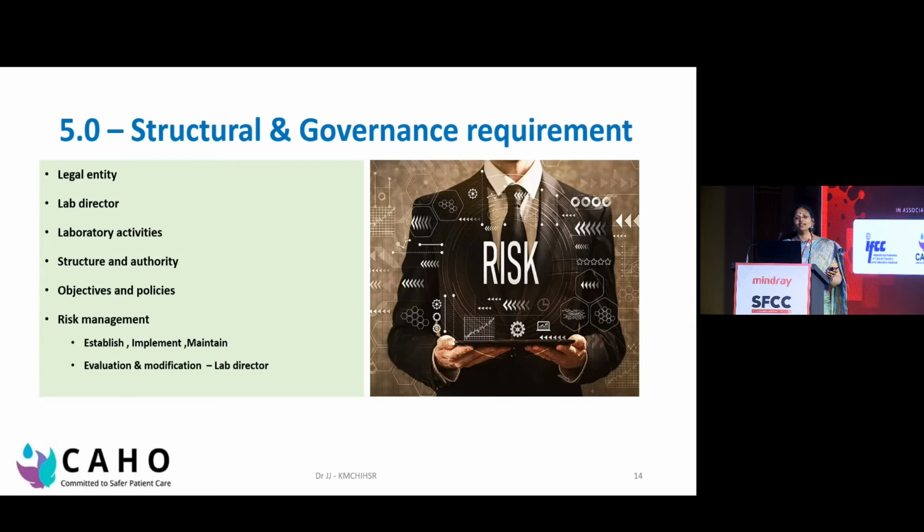And the risk assessment, all of these are based on the risk assessment and risk management included in the system, where you need to establish, meaning you should look at the risk involved at every level, and you see that it gets implemented. And once it is implemented, it becomes a responsibility of everyone who has instituted that to maintain it as well. So these three things are important, and the responsibility of seeing this happening is the lab director or somebody the person can nominate or delegate to take on the responsibility.